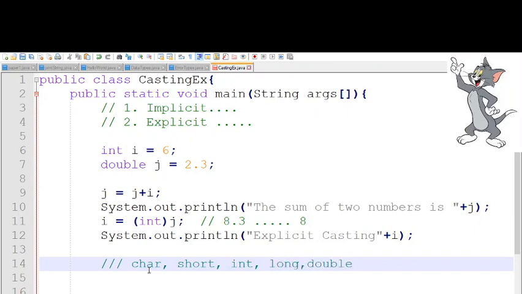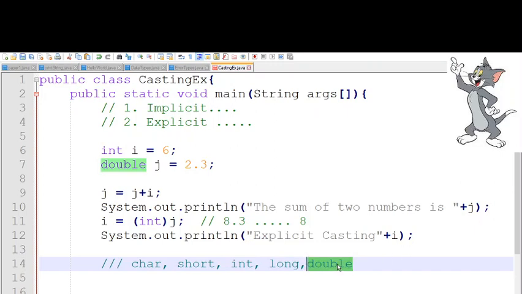For example, if you are assigning the value of character to short, you don't need any kind of explicit casting, compiler does it by itself. If you want to assign the value of short to integer, you don't need any kind of conversion. But if you go in reverse order, you always need a forceful casting, and that is called explicit casting.